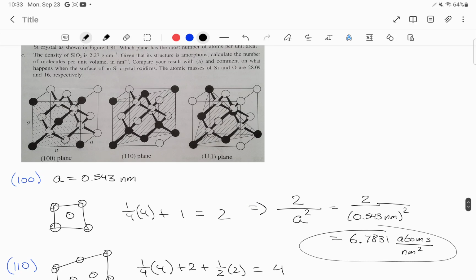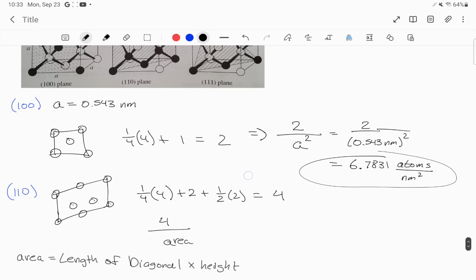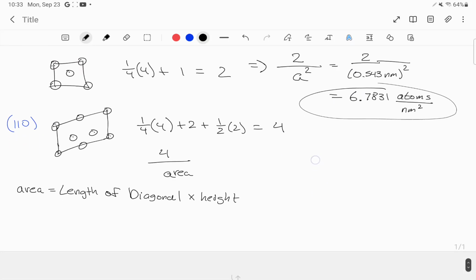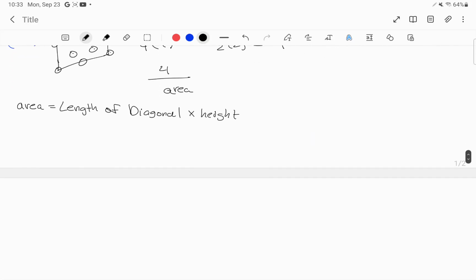So it's going to be this length times the height. So the way that we can find this length right here would be,